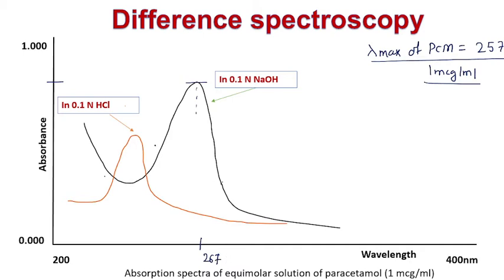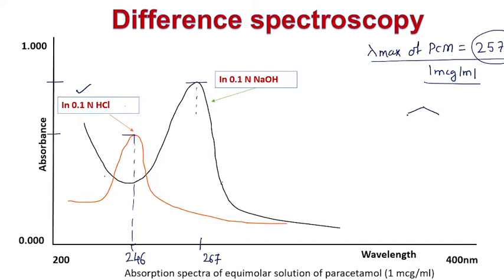And you have the same drug with the same concentration, 1 microgram per ml, but this time we have prepared it in 0.1 normal HCl, that is, in acidic environment. So you can again make out the lambda max here, the maximum absorbance here, and the wavelength here. You can intercept it. The wavelength was found to be 246, and the actual lambda max is 257. So what is happening here with the paracetamol?